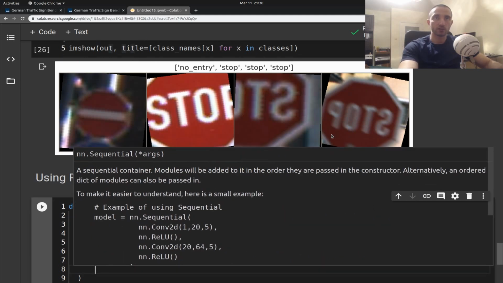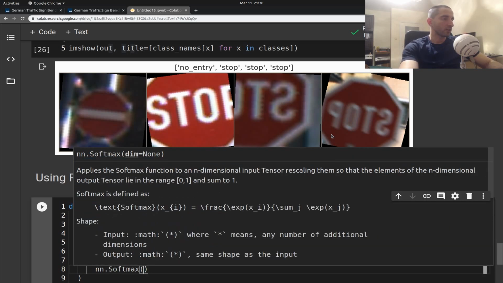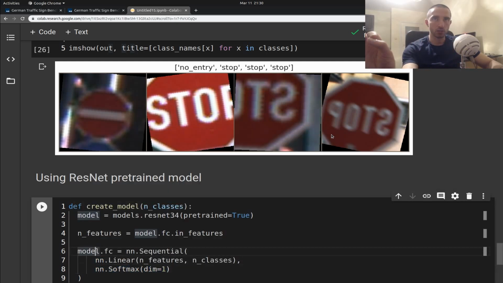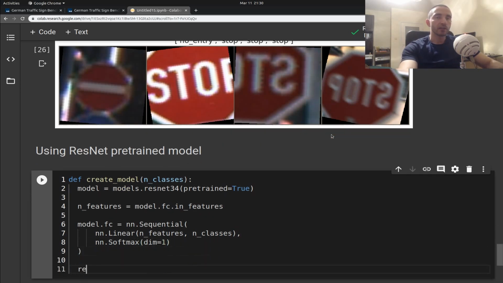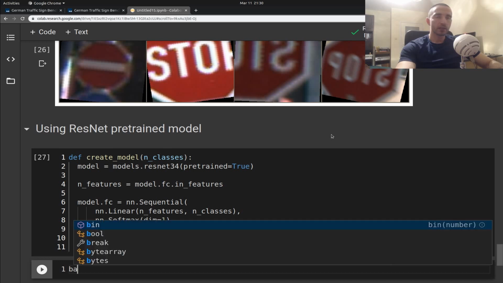And as I've already discussed, I'm going to assign a softmax function or layer at the bottom of it, and I would like to apply the softmax function across each row of the predictions. So each row in the output is going to sum up to 1. And finally I want to return the model, but first I'm going to put it onto the device that we're going to use. In our case, this will basically move the model to the GPU. Alright, so using this function I can create a base model,